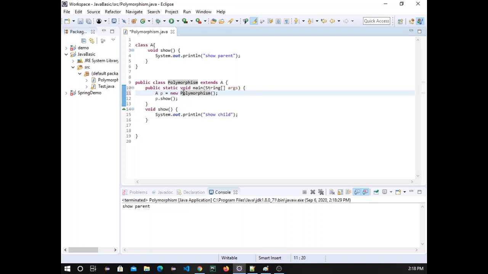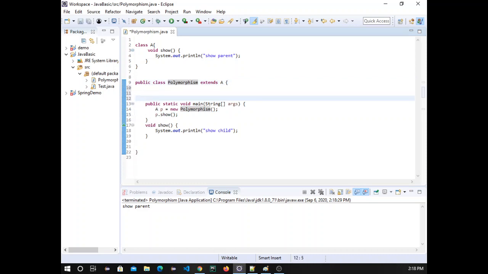Okay, one more thing, there is a concept called constructor chaining. I hope you guys are aware of this, but still let me explore it.